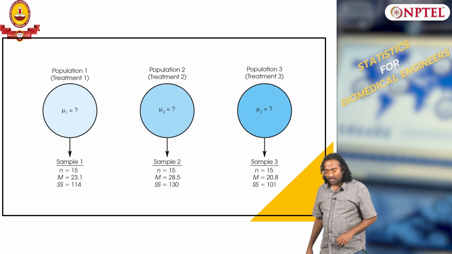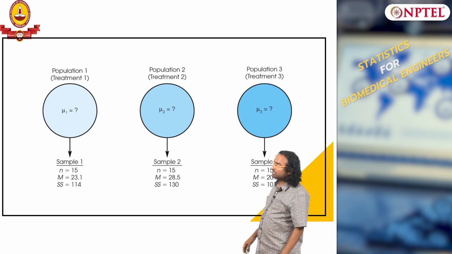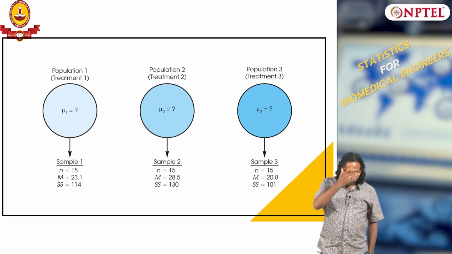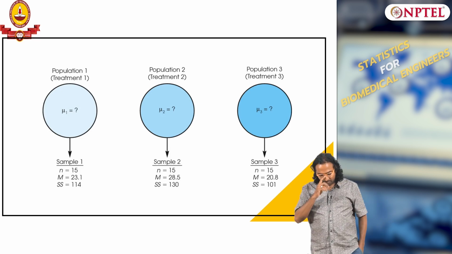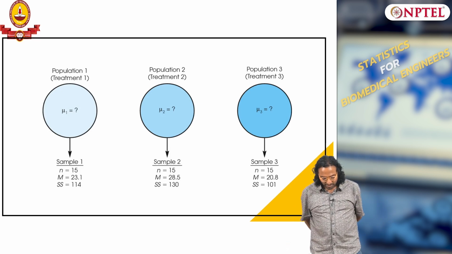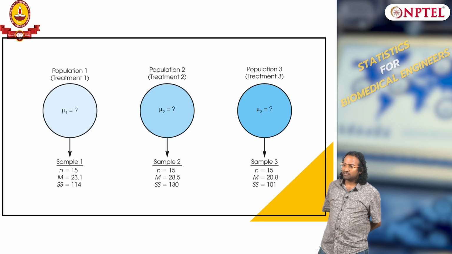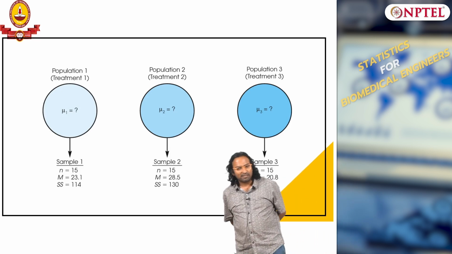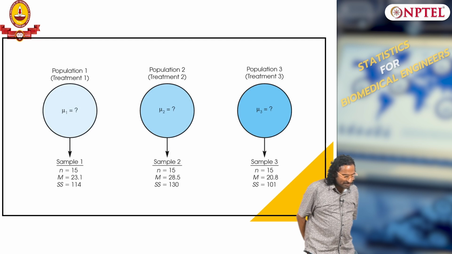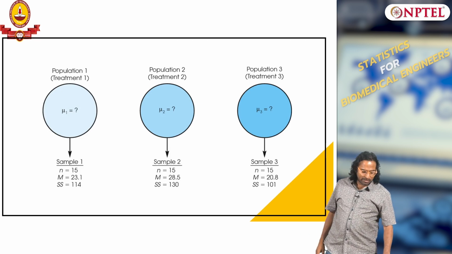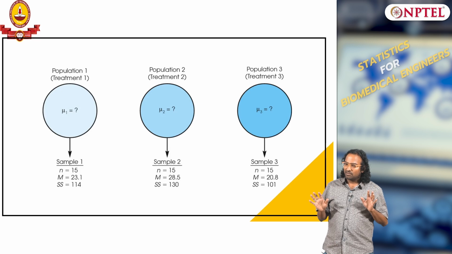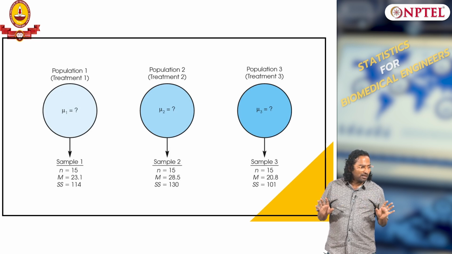Here is a question we are asking. I am just setting up the stage. You have 3 populations, you do not know the individual means, you have taken the samples, you have the number of samples, you have the mean and you have the standard deviations, or you want to call it a sum square, whatever, variance and standard deviations you are given. With that, I want to see whether all 3 are equal or not equal. Is the stage clear? What we are trying to do, why are we doing it, why not t test, etc. Clear?